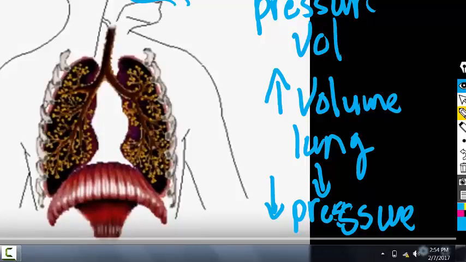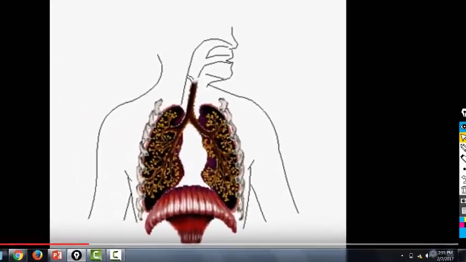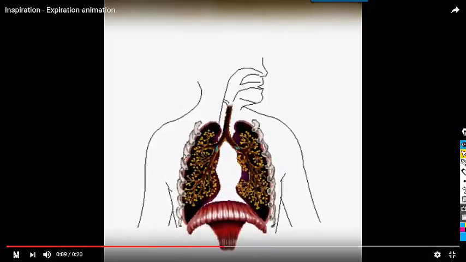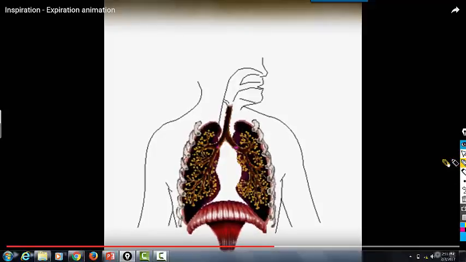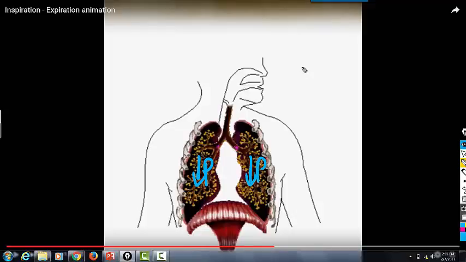So this is the important piece. When the diaphragm contracts, because it's connected to the parietal pleura, it is going to force the diaphragm downward. And because the parietal pleura is connected to it, it's going to cause the lungs to elongate. Observe. When the diaphragm is contracted, it's going to make the lungs longer, and that's going to decrease the pressure inside the thoracic cavity. The result is that